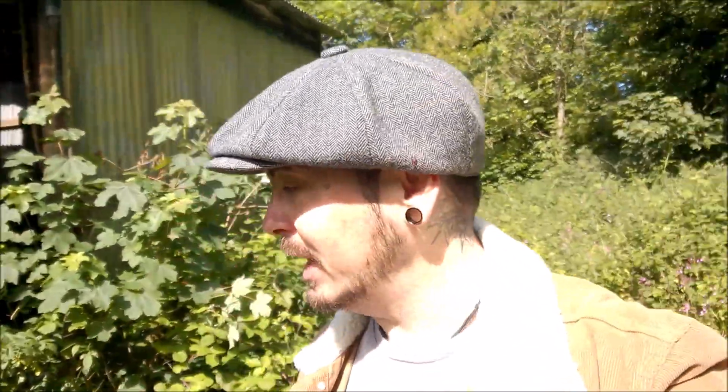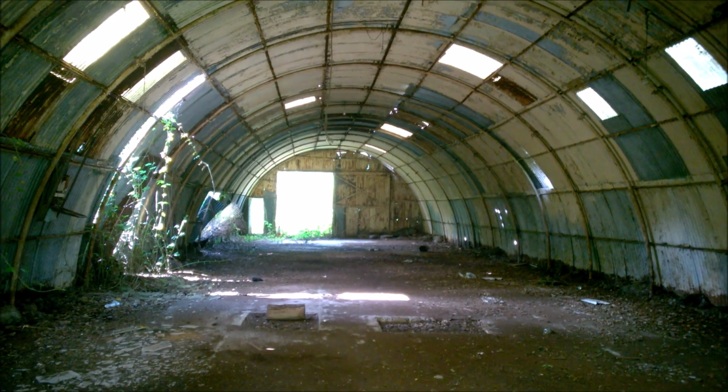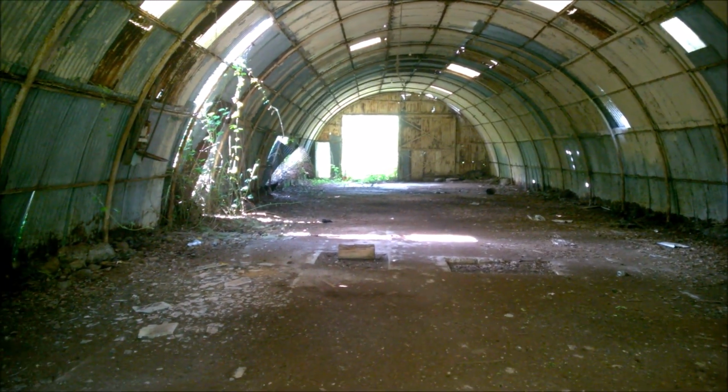It's a shame there's a tiny building that I really wanted to go into, but it's just too overgrown. But yeah. Look at that. Look at that. Oh, it's just...